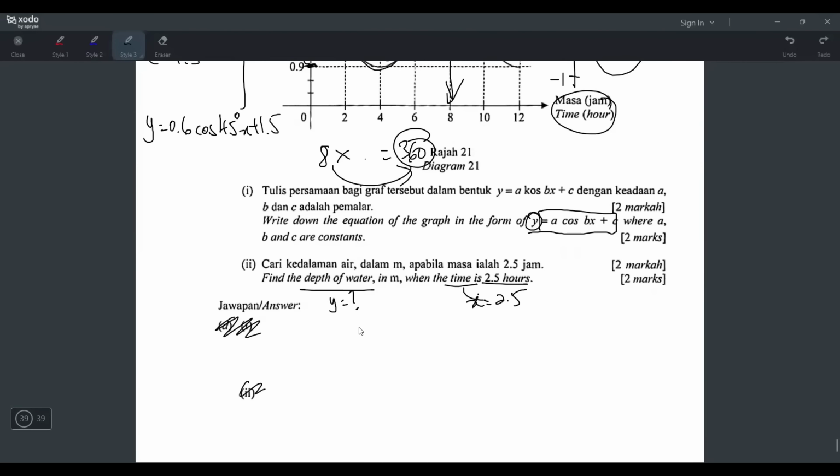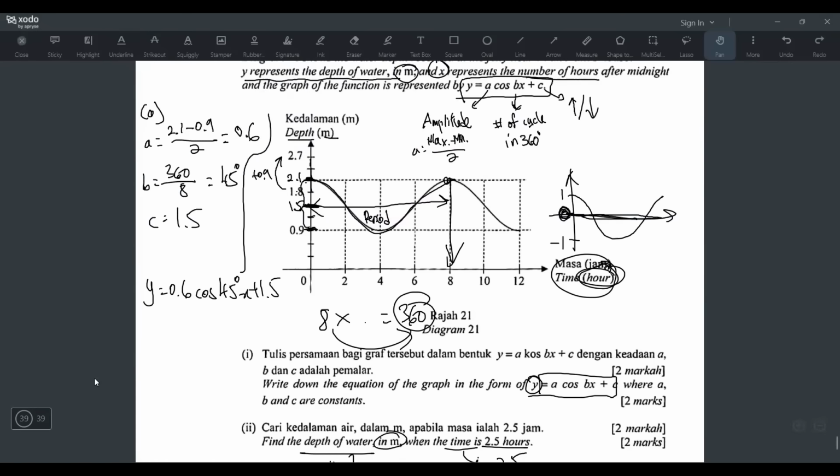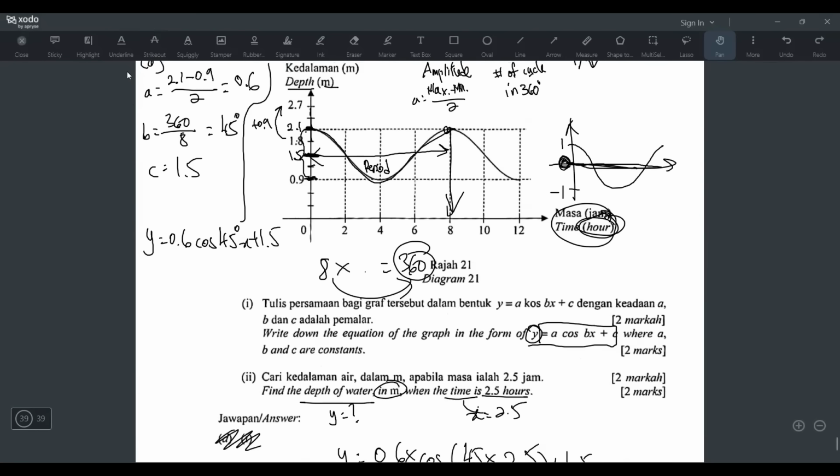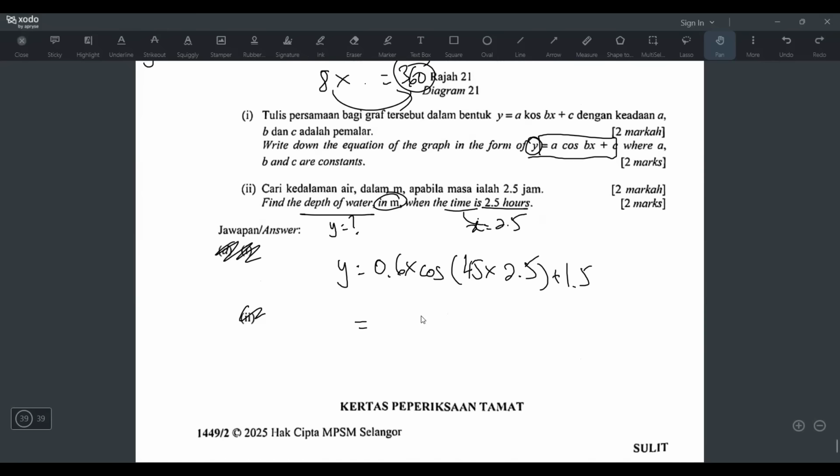So easy. So just sub Y equals 0.6 multiply with cos 45 times X plus 1.5, and then the X is 2.5, and also the unit is already same with the unit in the axis. So you don't have to convert the unit. And if you press this, the answer will automatically come out in meter. Because the Y is in meter, X is in hours. So I'm gonna press the 45 times 2.5 first, and then press cos answer, close bracket, plus 1.5